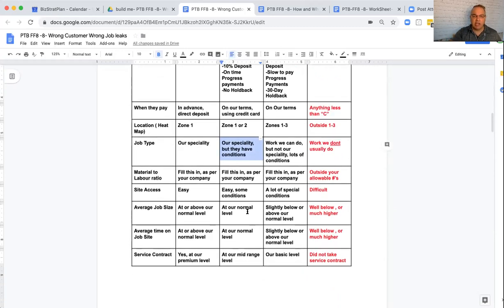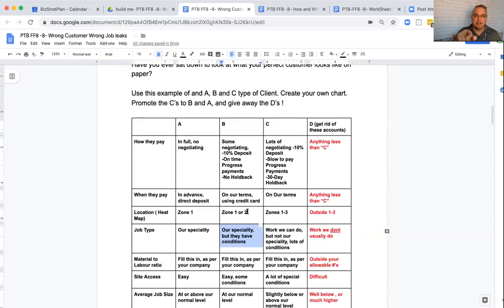So keep looking at this. And I would suggest that this chart is one meeting with you and the people on your leadership team in your company where you really lay out and really understand amongst yourselves what the perfect kind of client is for you, okay? Remember, the end action item that I'm looking for you is